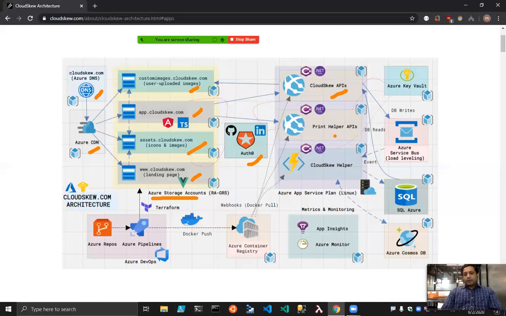And then we also have a print helper API. This is isolated in a separate app service because it has a higher memory footprint, so it tends to recycle more often. So we've isolated it out in a separate app service. All of these, of course, are in the same app service plan. It's a containerized app service plan, and I'll get into the details about the containerization at a later point.